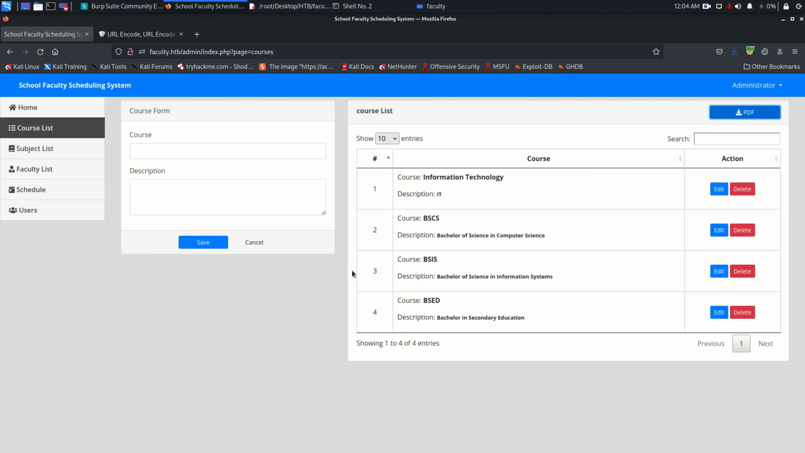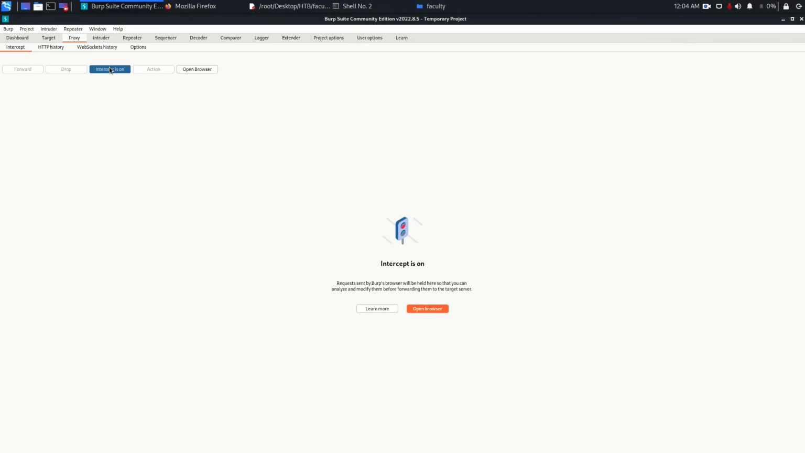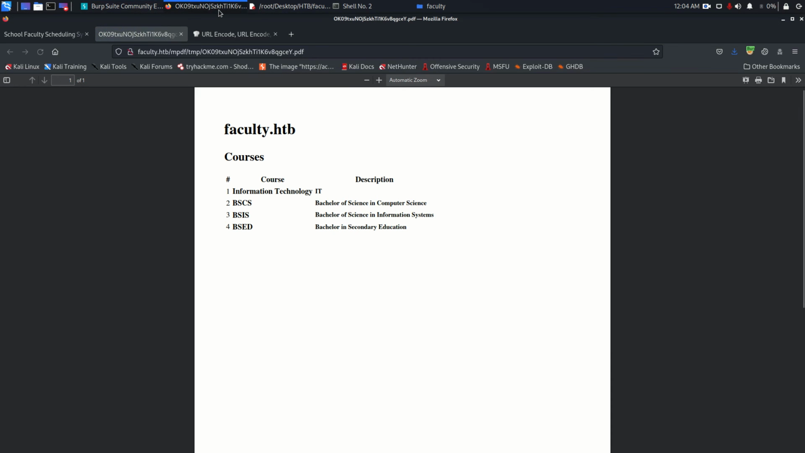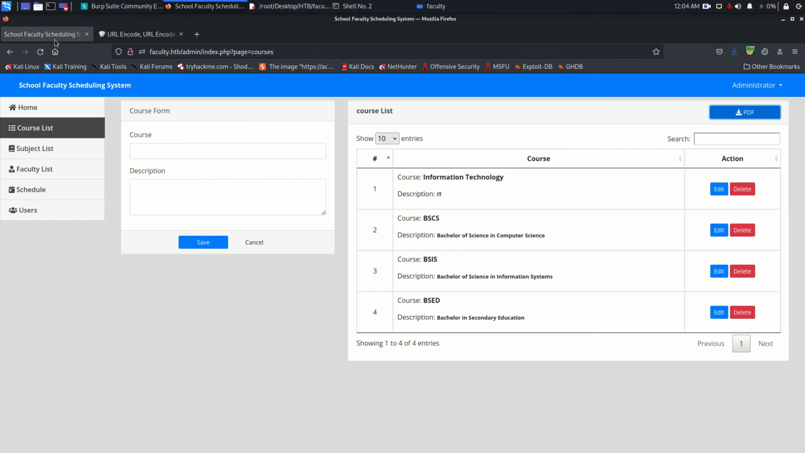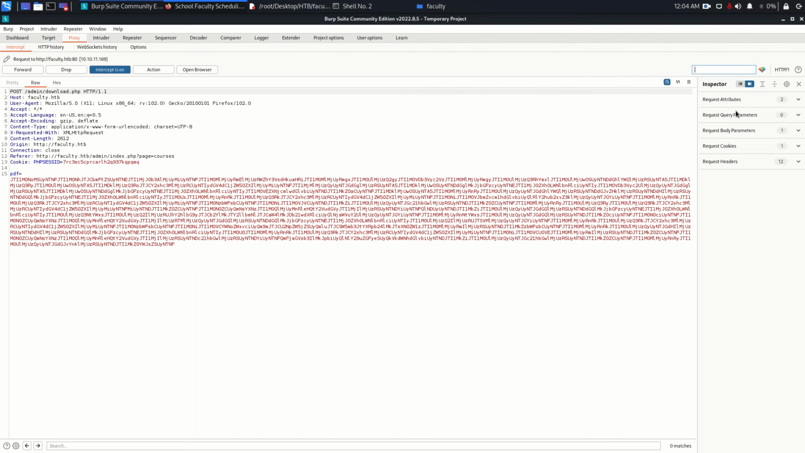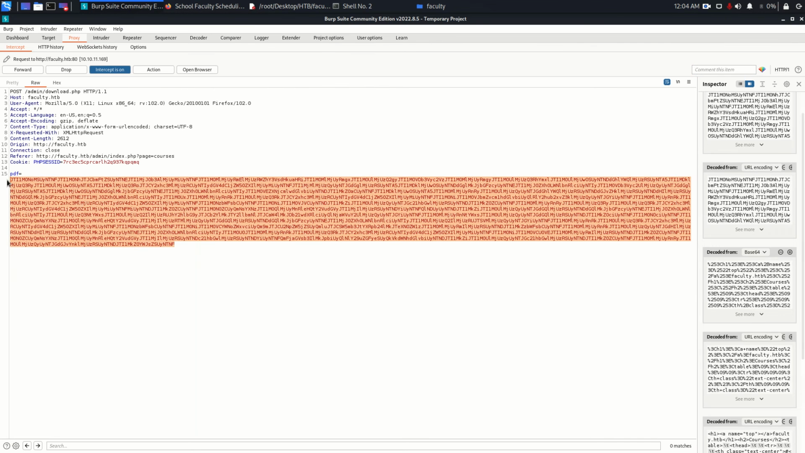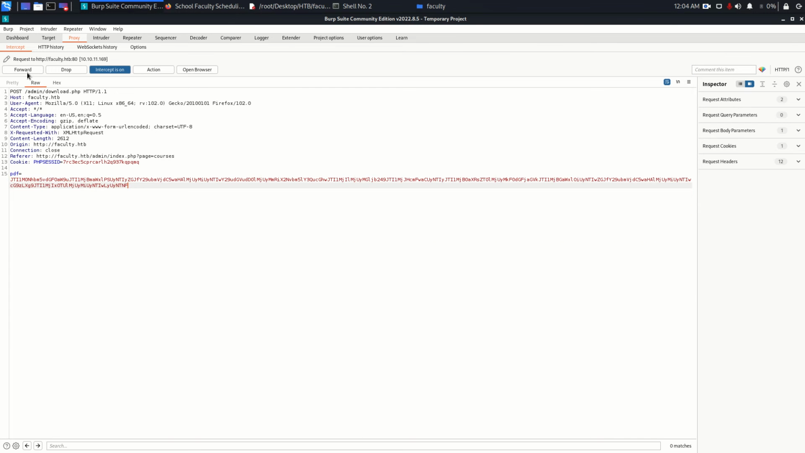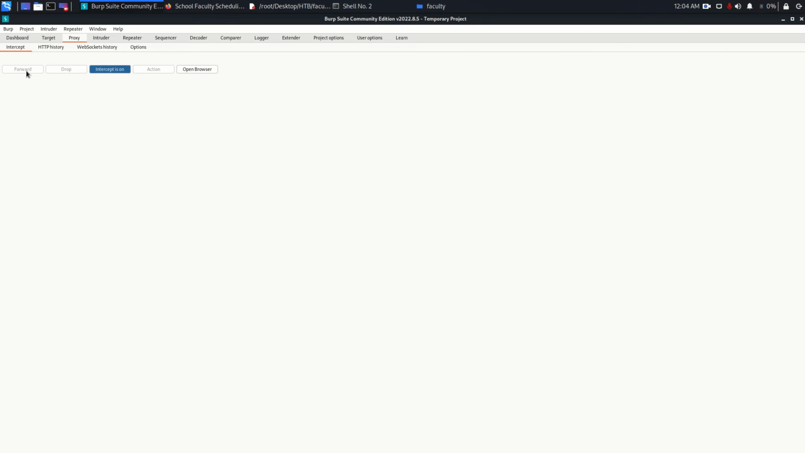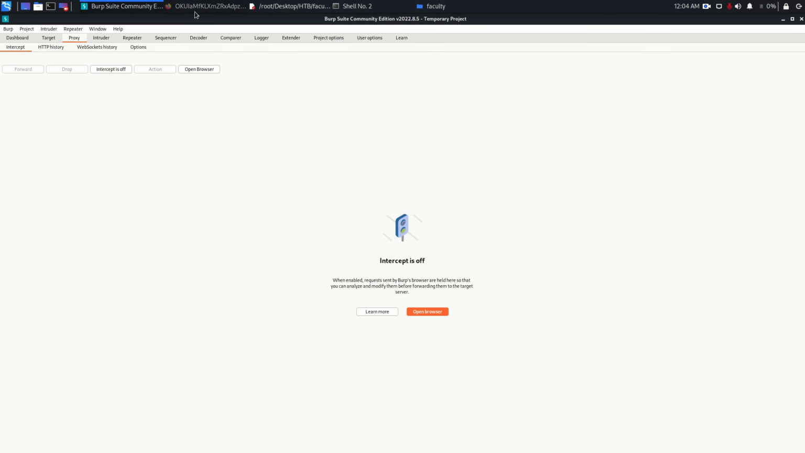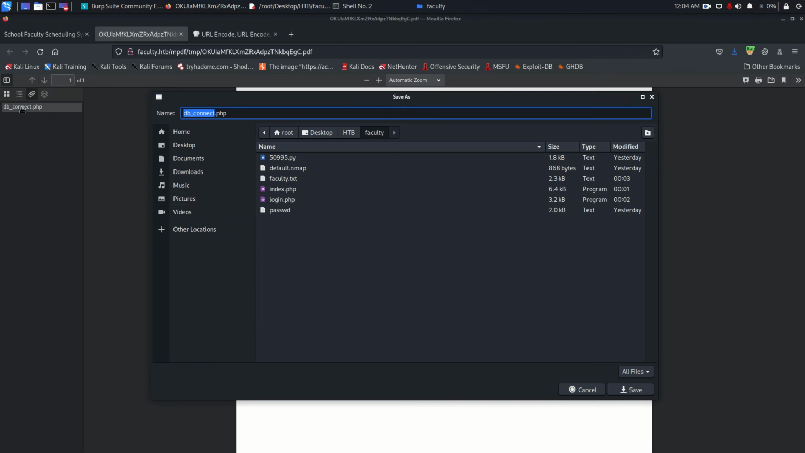Okay, let's try one more time. Make sure intercept is on. No, I don't need that. PDF, and yeah, paste that, forward, and yeah, this time we have it here. Okay, intercept is off. Come back here, go to the attachments, db.php, save this file, come here and